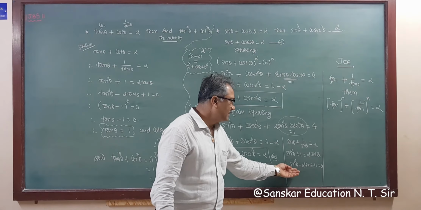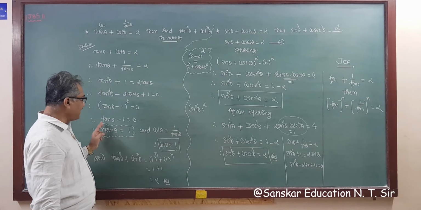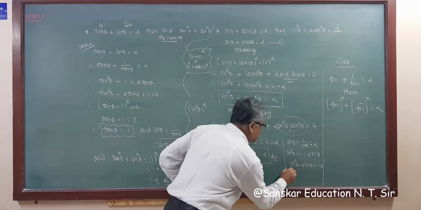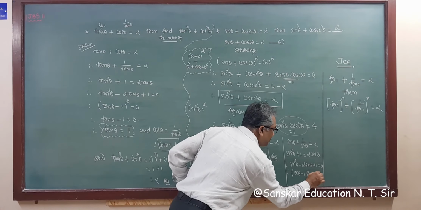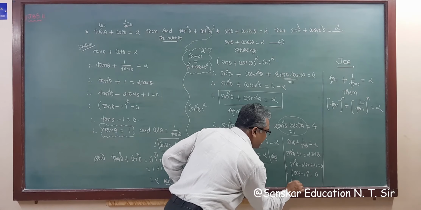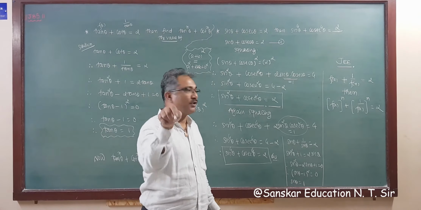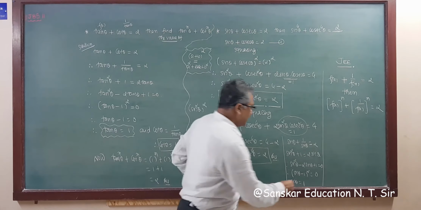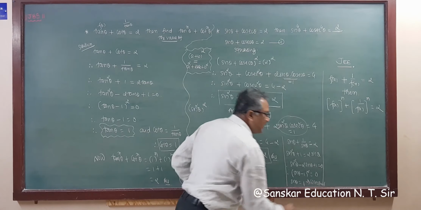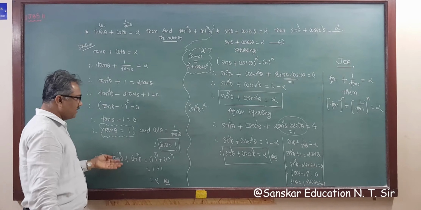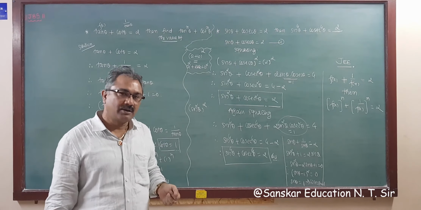So this is sin theta minus 1 whole square, similar to this. So sin theta minus 1 whole square is equal to 0. Taking the square root, sin theta is equal to 1. Now sin theta is 1 means cosec theta is also 1. So I am doing it another way using this method. Sin and cosec are 1, and 1 raised to any power is always 1, as you know.